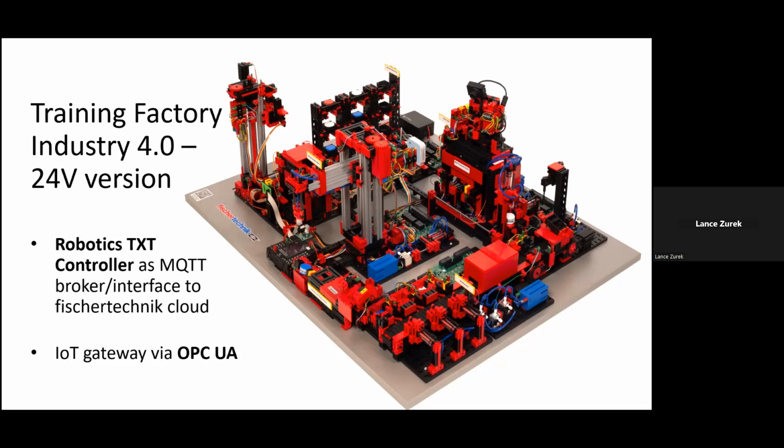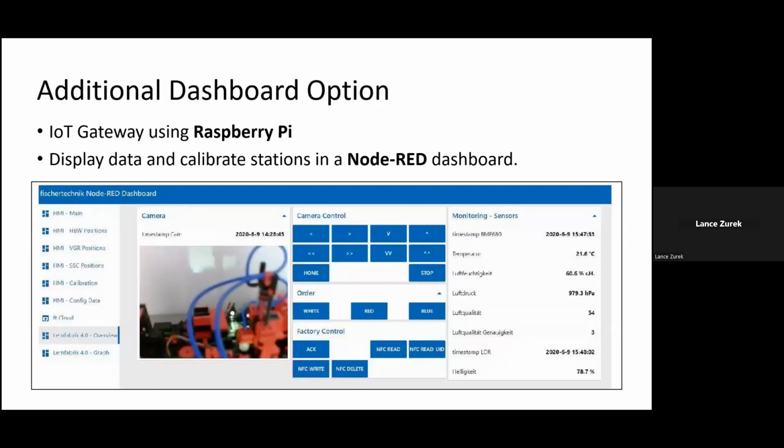Communication between the PLC and the TXT controller is carried out using an IoT gateway via OPC UA. OPC UA, which of course is also known as OPC Unified Architecture, is a standard for exchanging data across different platforms like this. In addition to the TXT controller used here, there is also an IoT gateway using Raspberry Pi with Node-RED. This allows for the option of not only presenting and using data on a dashboard in the fischertechnik cloud, but also to be able to display data and calibrate the stations of the factory in a